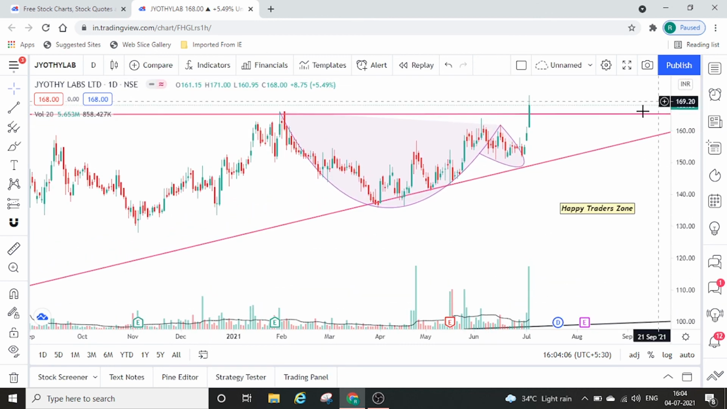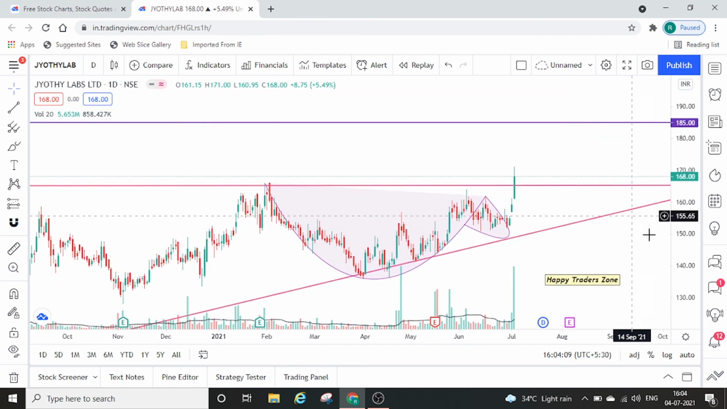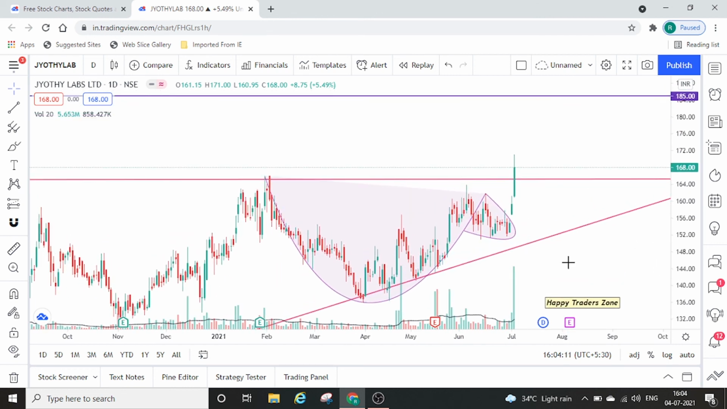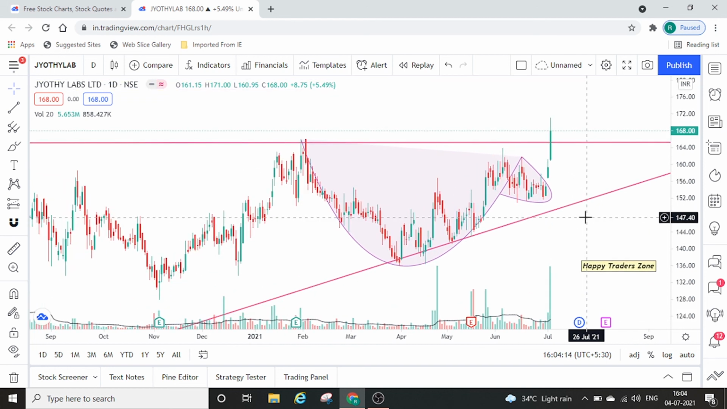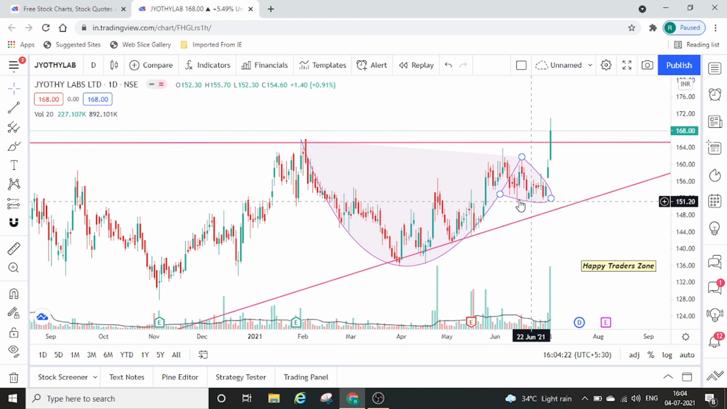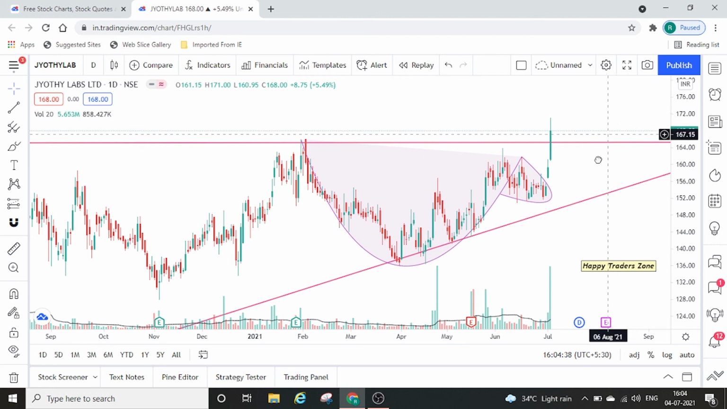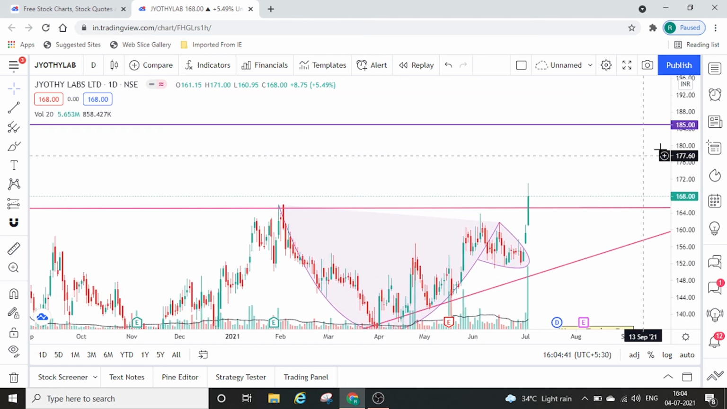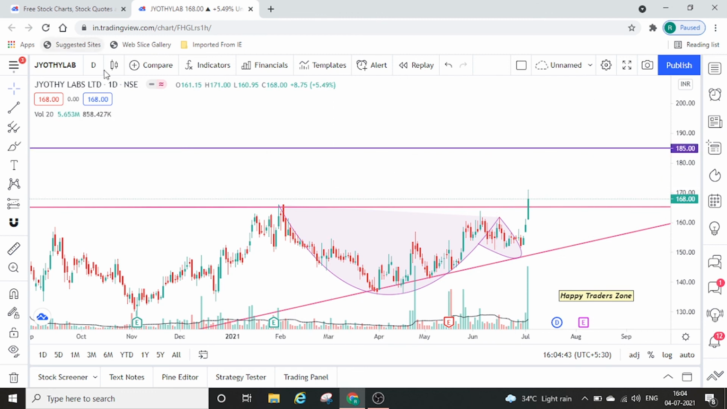In Dabur India, we have identified the channel pattern and cup and handle pattern. In Jyothy Lab, it has formed a triangular pattern and a cup and handle pattern. If you see here, the price has made the cup and handle pattern. This is the cup, and this area seems to be the handle. As we have both the triangular pattern breakout as well as the cup and handle pattern breakout, from the cup and handle pattern breakout we can have a target of around 185, and as for the weekly